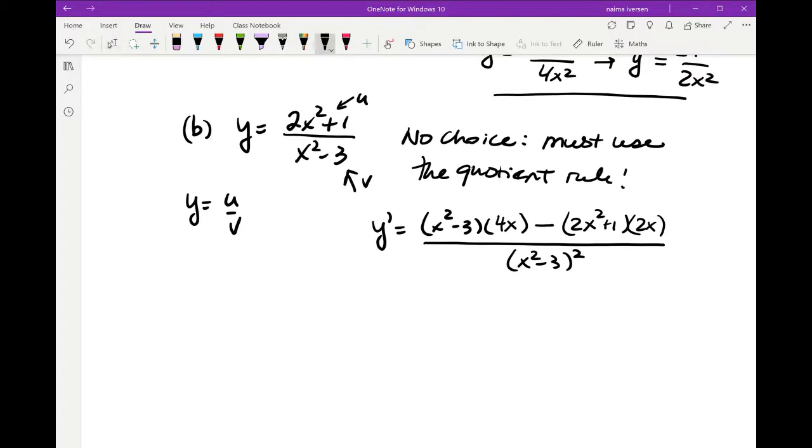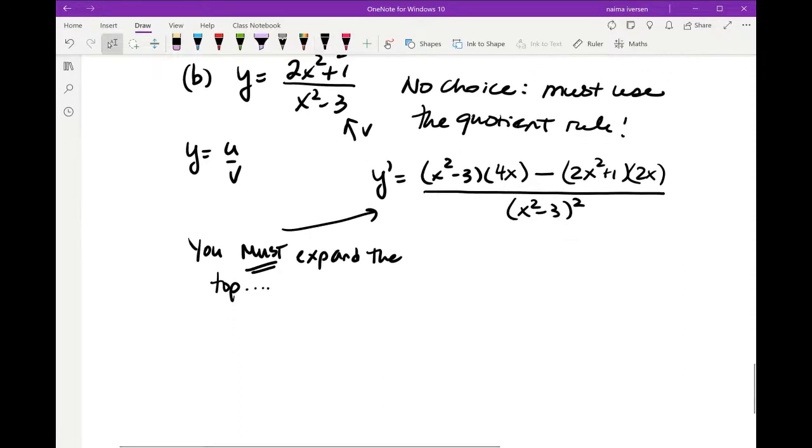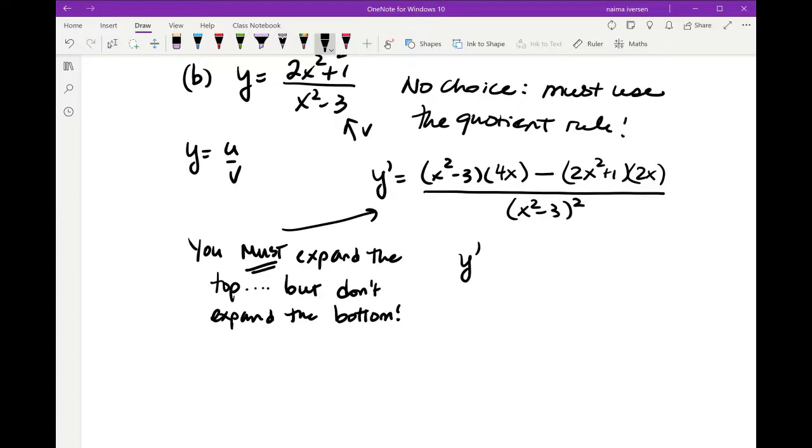So when you deal with something that looks like this, you must expand the top, if possible, right? If you can collect like terms and all that kind of stuff, you have to do it. But don't expand the bottom. The reason why we don't expand the bottom is because the bottom is already factored. I don't need to do anything to it. I do need to expand out the top so that I can collect my like terms and simplify as much